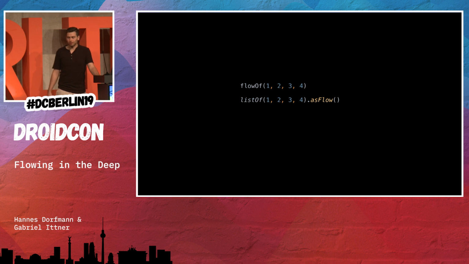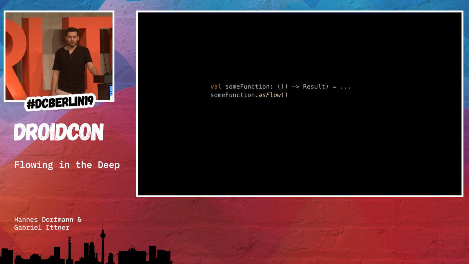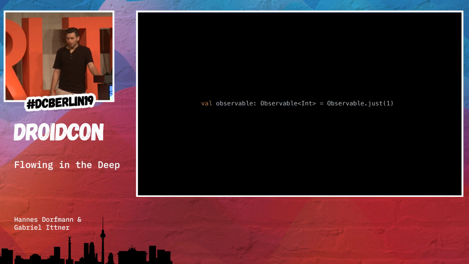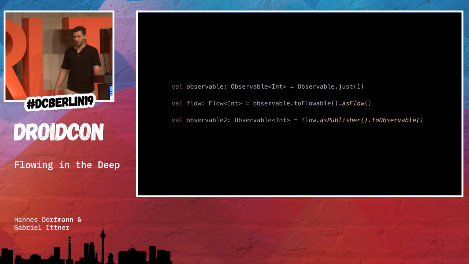Or you can create just a list and call an extension function asFlow on it. Or the same thing for a sequence. You can also convert functions like this one to a flowable or a suspending function. There's also an additional artifact, or package, that helps you convert from RxJava to Flow and vice versa. If you have an observable from RxJava, you can convert it to a flow by calling asFlow on it. And the other way around,